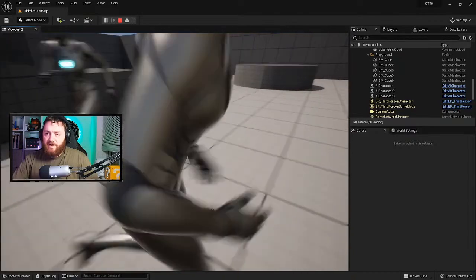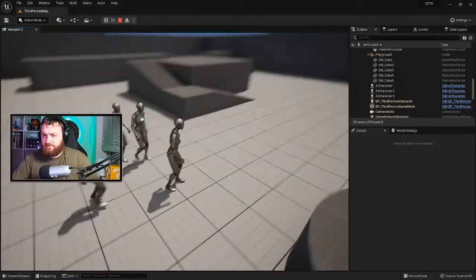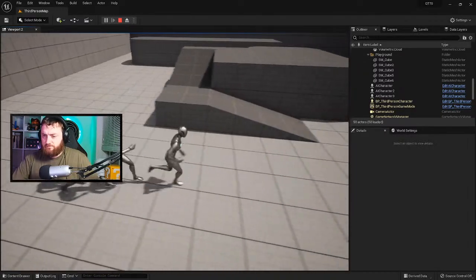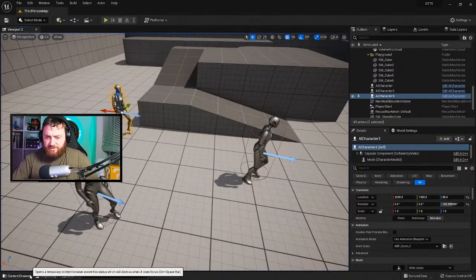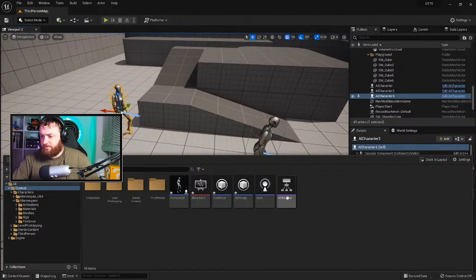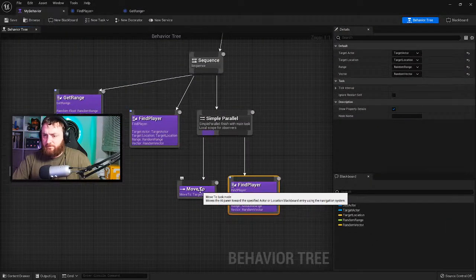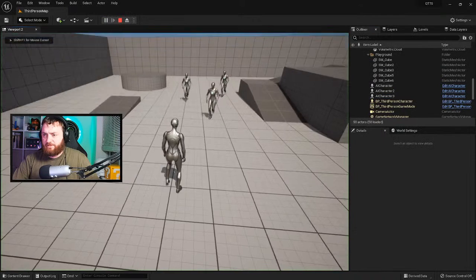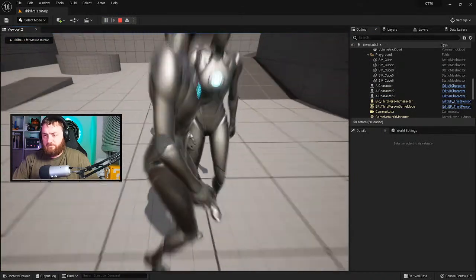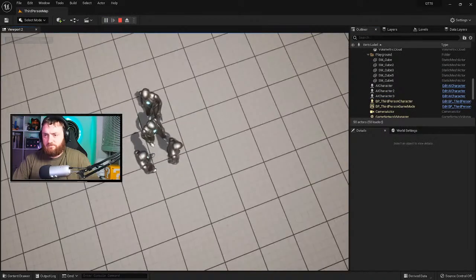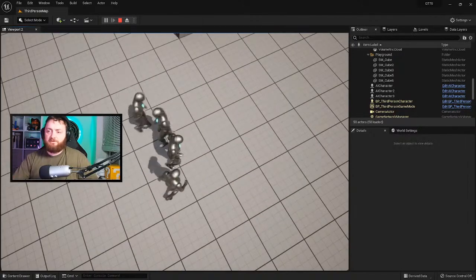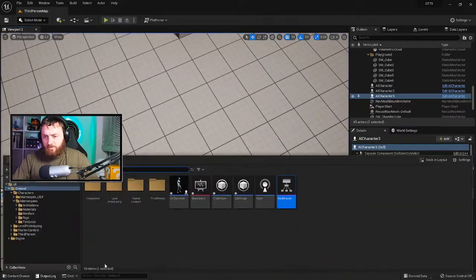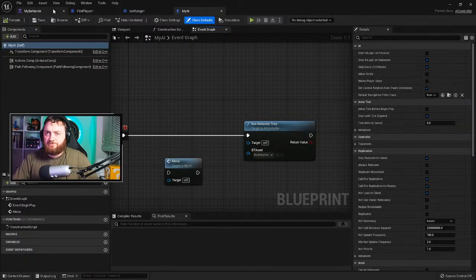You can probably find some more randomizations in there too. Different results. Probably change the acceptance radius as well a little bit. Change this to 100. Probably randomize that as well in a custom move to node. Yeah. And to stop them from dancing around you whilst you're standing still on the behavior tree,